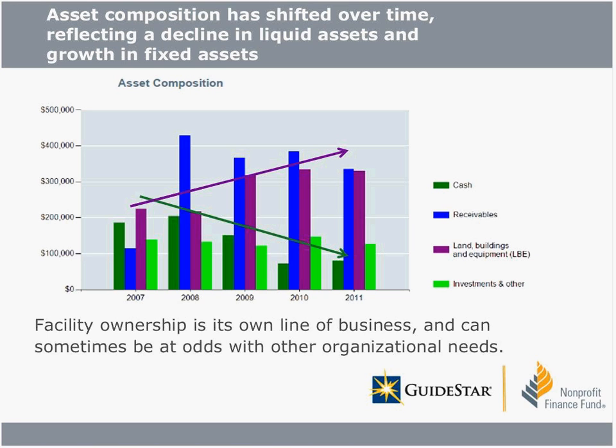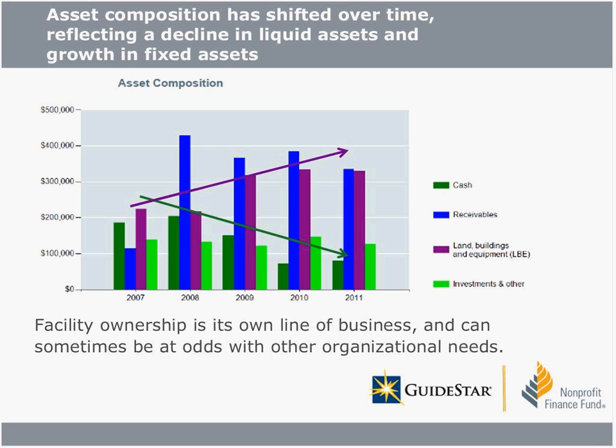For nonprofits, the facility can really be a critical piece of how they advance their missions, and that's certainly the case with Help for Homeless Youth. Their drop-in center is really the nexus of how they engage with youth, giving them a safe place to get out of the weather and get access to services. That facility ownership is its own line of business and can sometimes be at odds with other organizational needs that require money, when we need to fix the hot water heater, for example, rather than hire an additional person or maintain appropriate levels of liquidity. A dedicated facility reserve that is